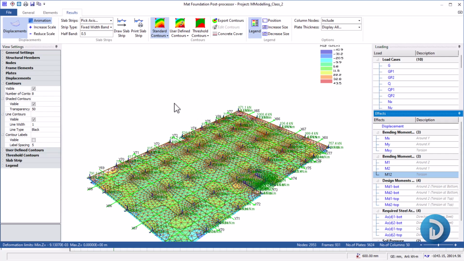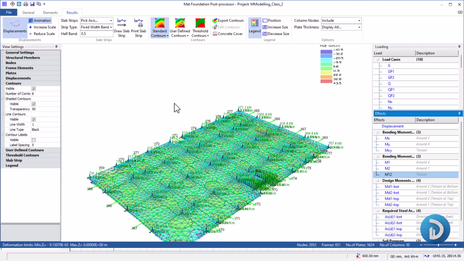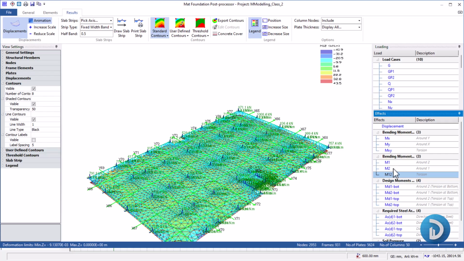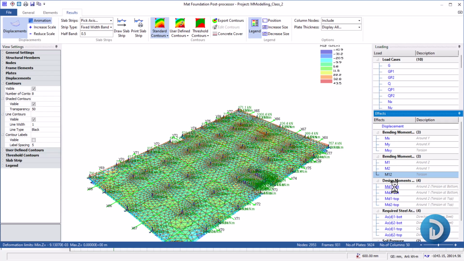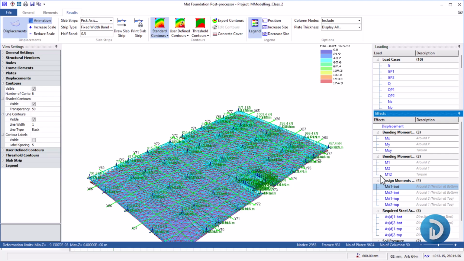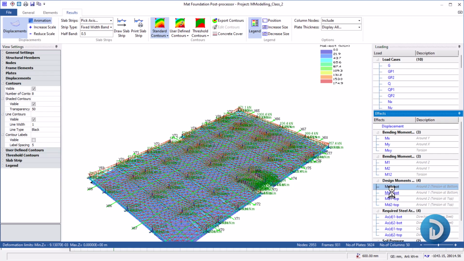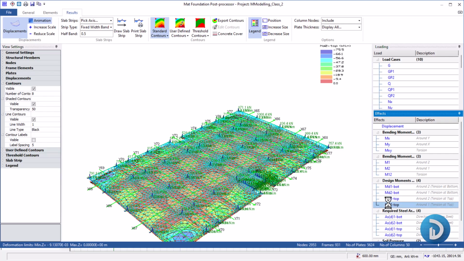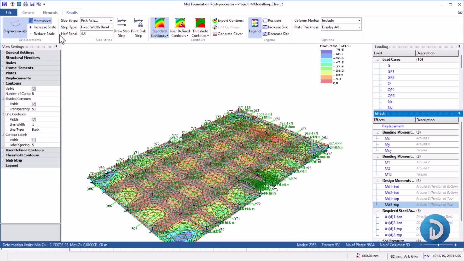So this is how our raft will behave under this loading condition, all right, under these moments. So the next is under the design moments. This is how our foundation will behave. This is how our raft will behave. We can also click on this to see the various displacement. So let's stop this animation,